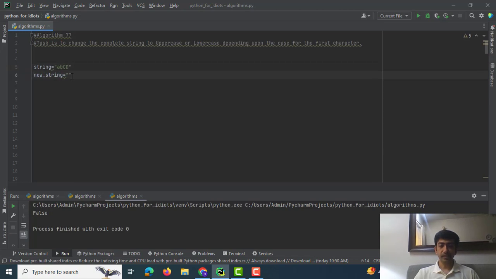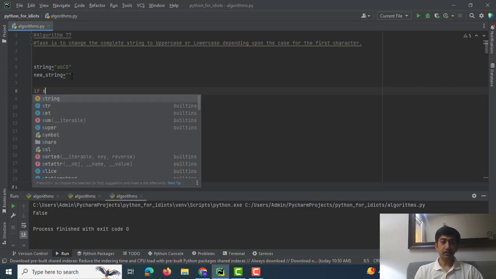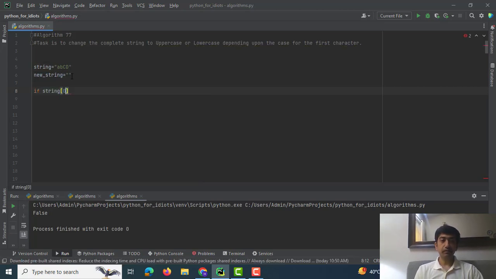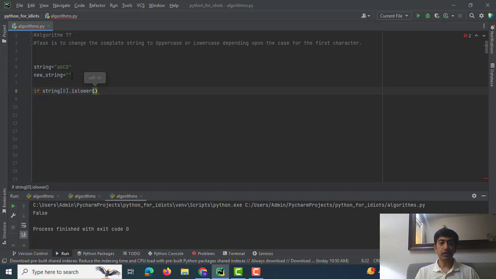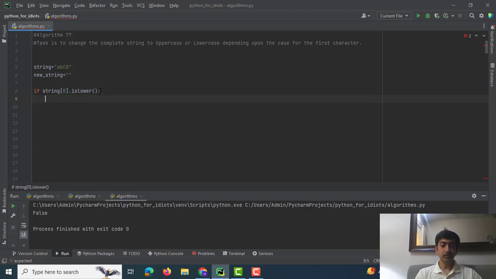So let's make the algorithm. If string[0], meaning we would be checking if the first character is lower. Now the islower function of Python returns a boolean value of either true or false. It evaluates whether all the characters of a string are lowercase, and if all the characters in the string are lowercase, then it returns true, otherwise it returns false. So we are saying to check whether the first character is lower, then new string would be